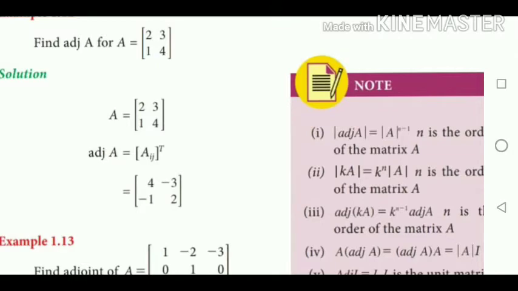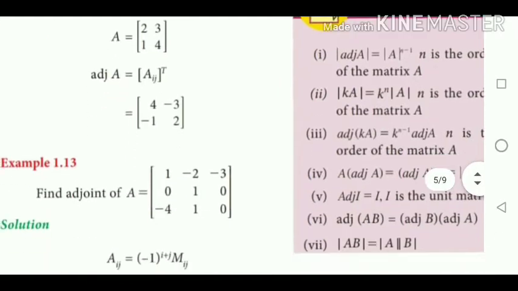Then change the off diagonal. Off diagonal is nothing but 1, 3. For this you change the sign of the off diagonal. Here 3 means plus 3, so change it as -3. Likewise 1 is changed as -1. This is the adjoint of a matrix for 2 into 2 matrices. So it is very easy to find the adjoint of matrices by changing the main diagonal and changing the sign of the off diagonal.